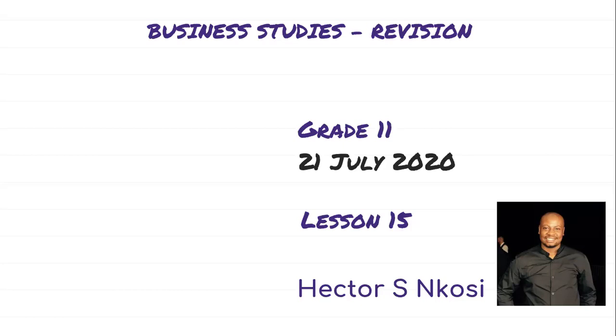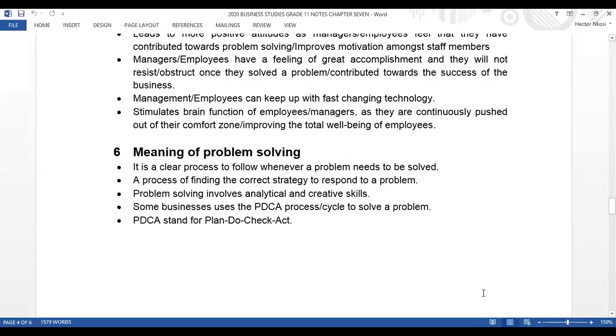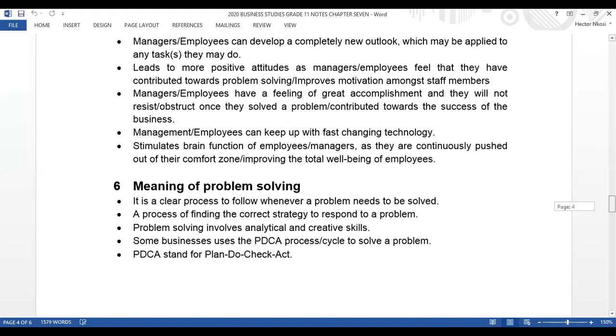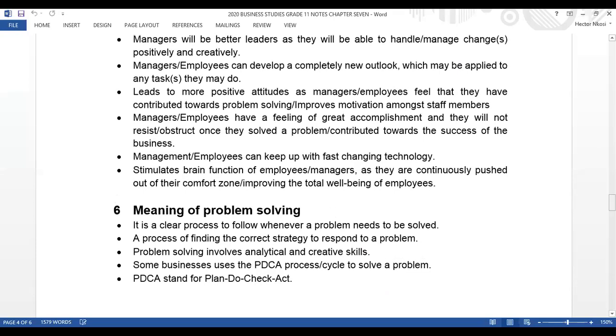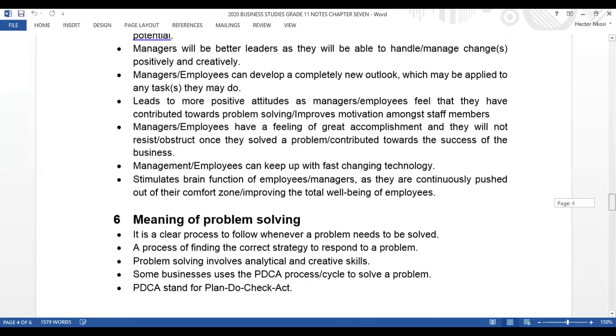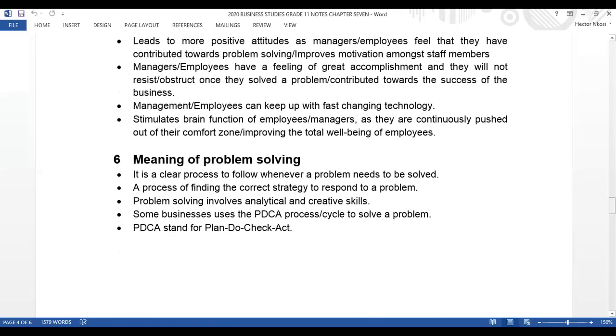Now, grade 12s, grade 11. Sorry, I kept on saying grade 12s. It's just that I just had a grade 12 class now at 3 o'clock. That's why I kept on saying grade 12s, because I was busy with them not so long ago. Right. Now, grade 11s,